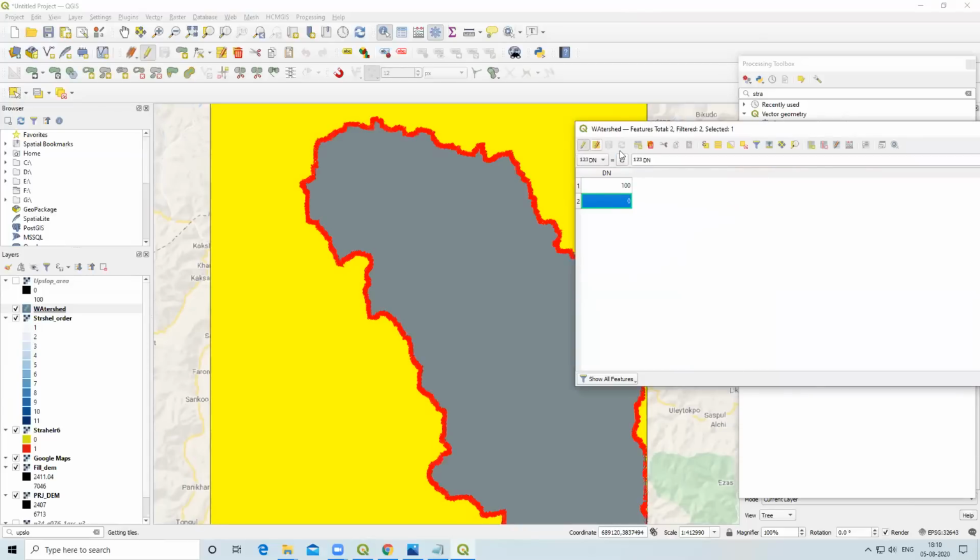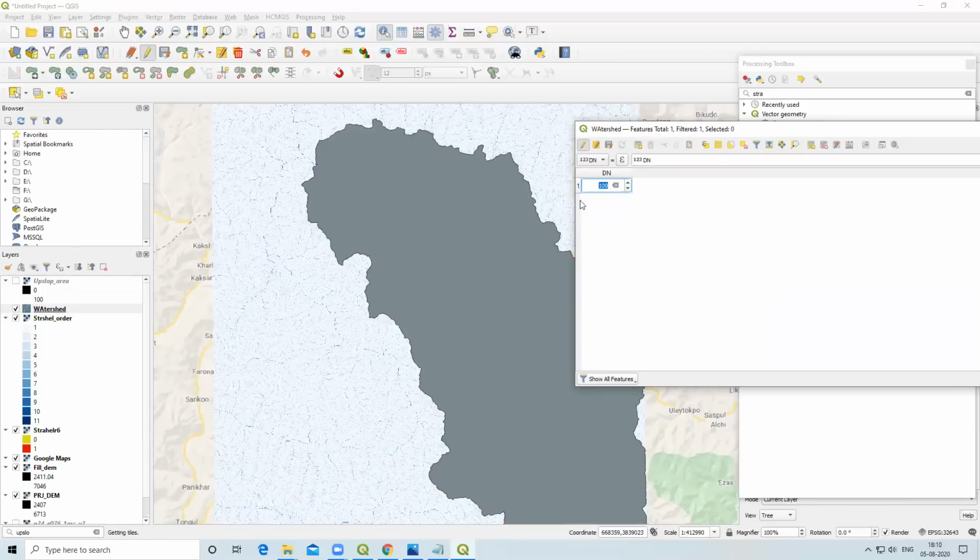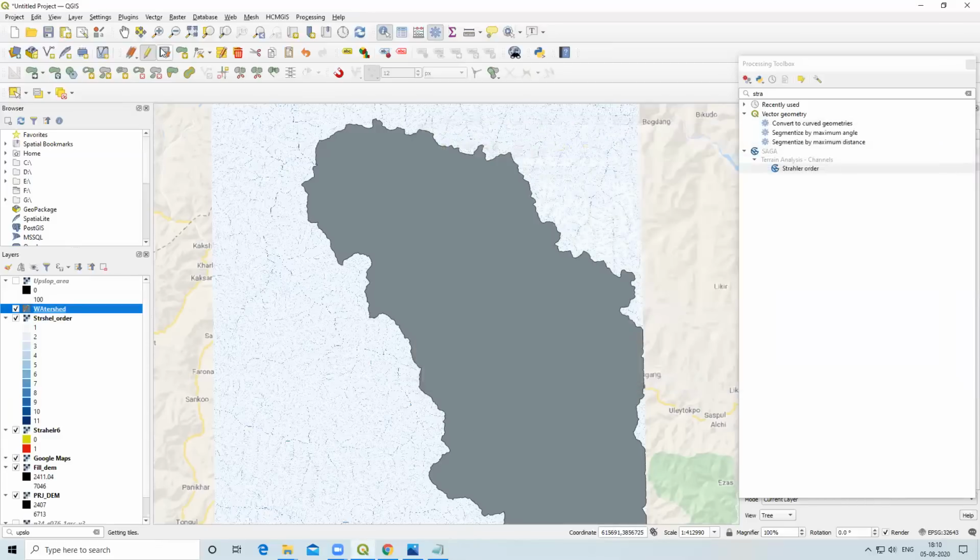So I will start editing and I will delete this non-watershed part. So this is another watershed that we have selected, but it's not a complete watershed, which we don't want, so we'll delete this and I will save this. After that